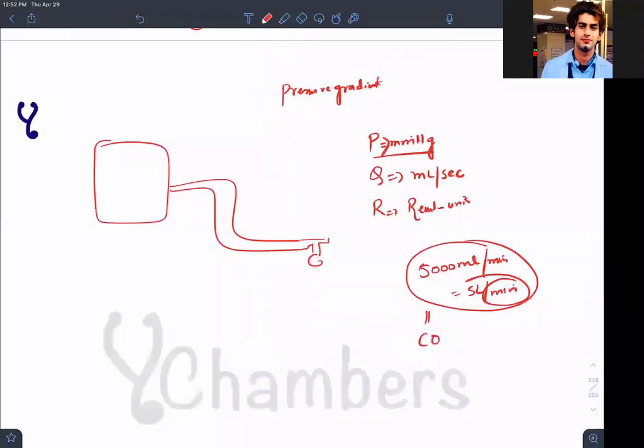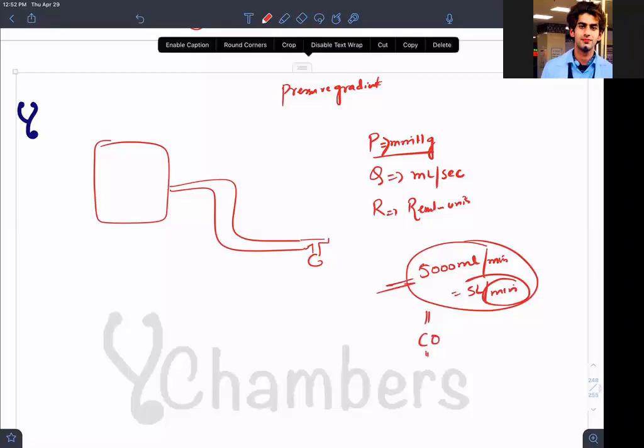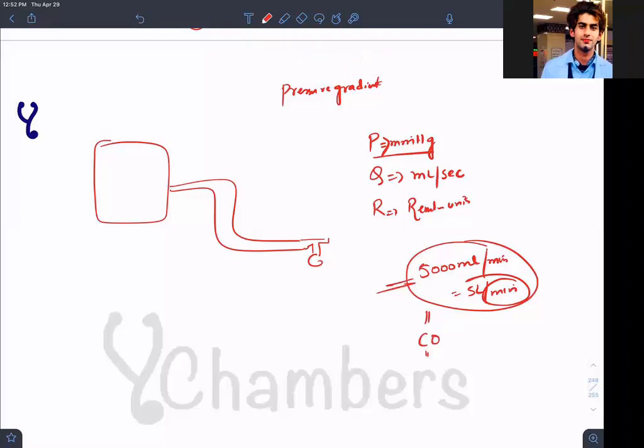Why is this called cardiac output? Because this will be the amount of blood which will be ejected, pumped, into the systemic circulation by the heart into the aorta. Who is pumping? It's all about the heart, isn't it? And it's the left side of the heart, that too the left ventricle. Since I have to talk about a cardiac output of 5 liter per minute, I have to say whole cardiac output. So it's blood pumped by the heart into the aorta. This is the best phrase we can use.